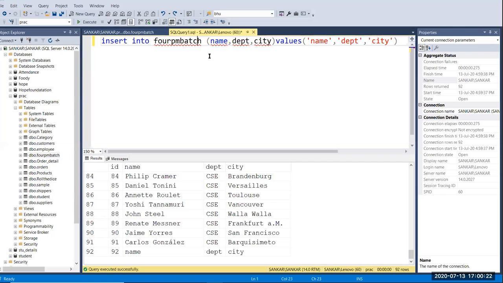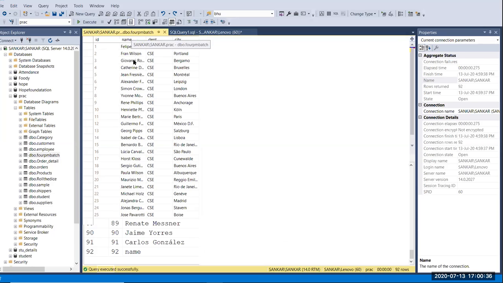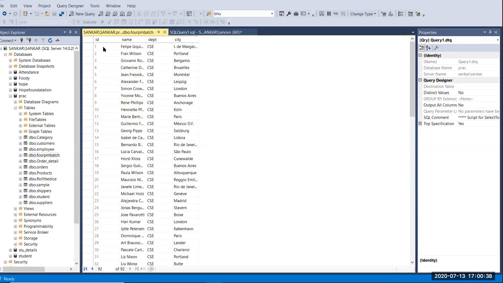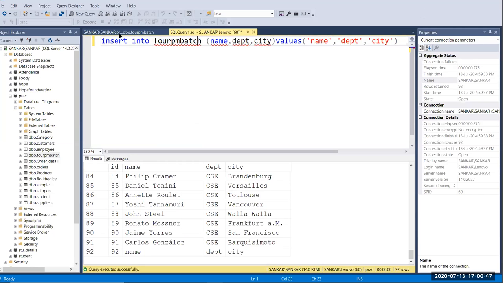The identity column is not necessary to pass here. You just pass the rest of the 3 columns, and the ID value is automatically taken. If you go with this option, you have to copy the empty cell for the identity column. This is the difference.